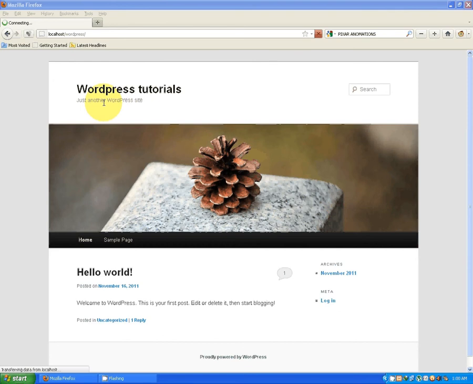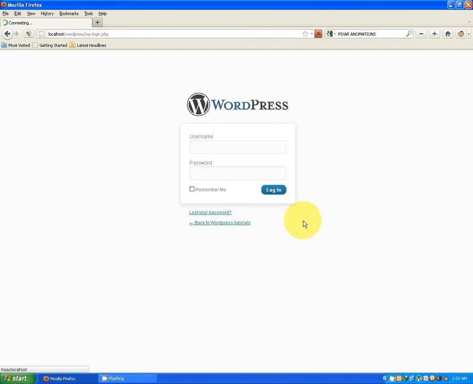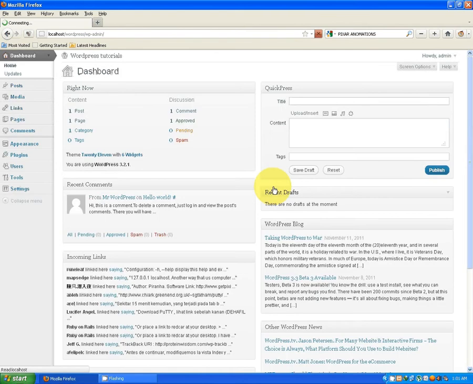Today we are going to learn the basic introduction to the dashboard of WordPress. So this is our site, which we have installed previously on our localhost computer. Just log in to the WordPress site, click on login. Now it's asking for the username. Click on the username which we entered yesterday. Just click on login. Now we have the dashboard of our WordPress site.